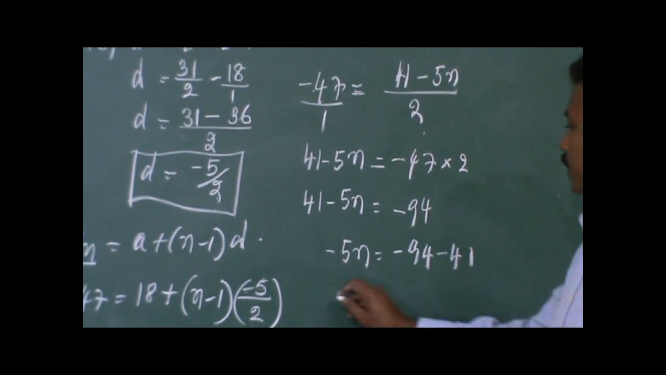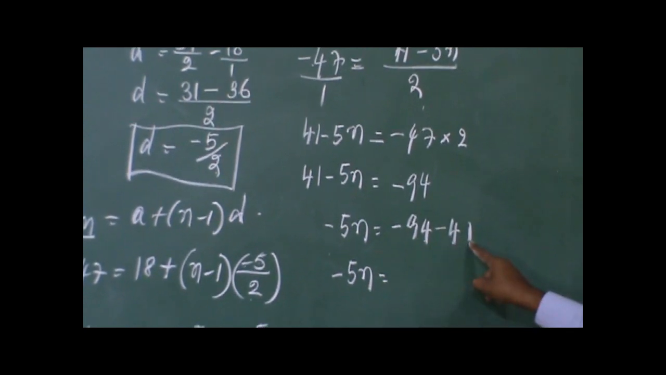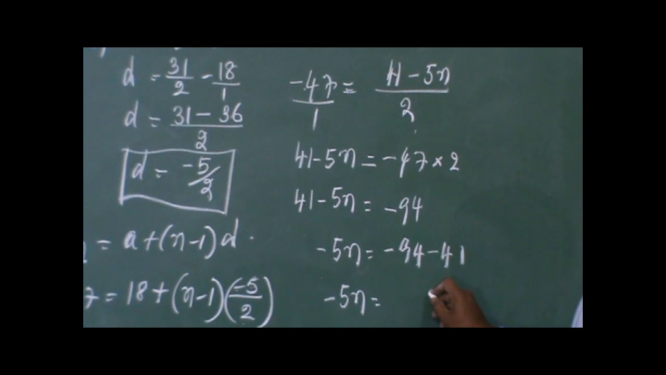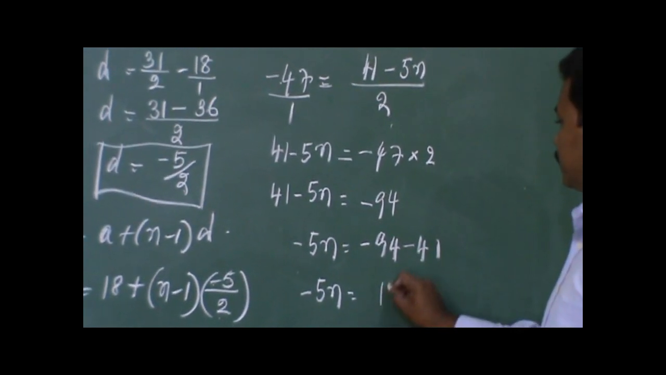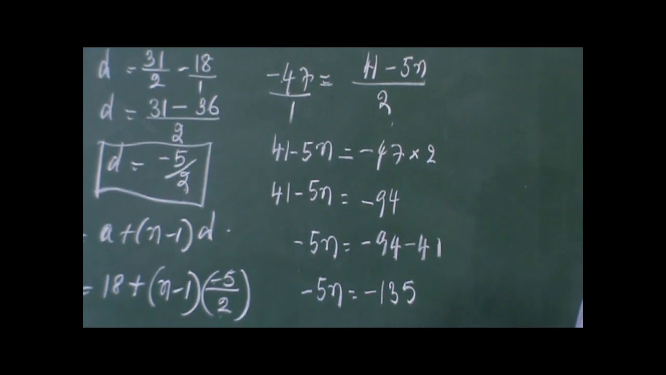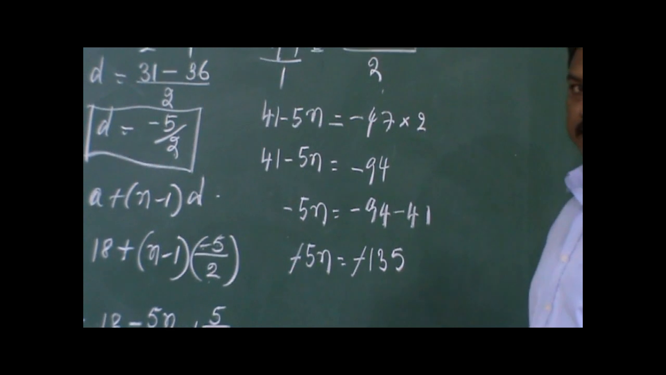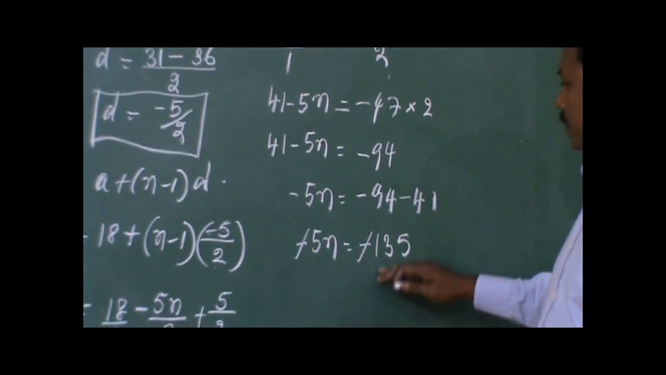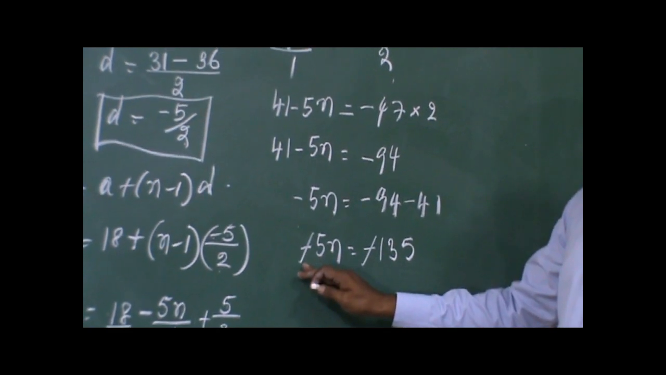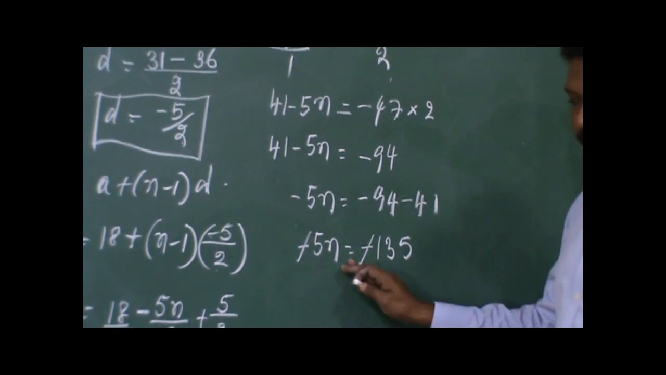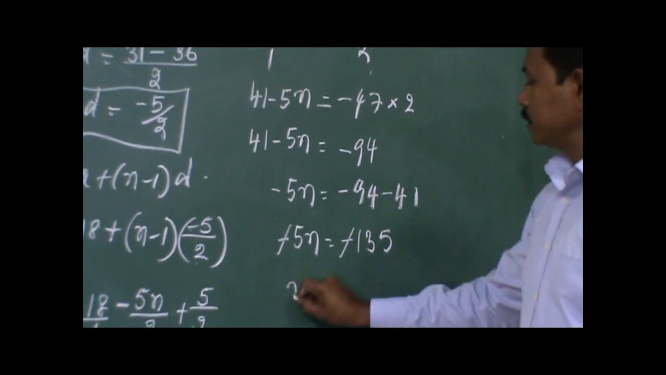minus 41. So minus 5n is equal to minus 94 minus 41, that comes to minus 135. You can cancel the negative sign on both sides as they are single terms. If two single terms are carrying a negative sign in front of them and they are separated by an equal sign, you can cancel the signs. Minus minus cancels. So n is equal to